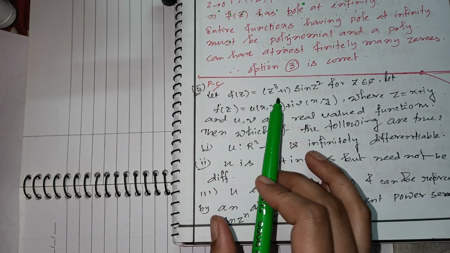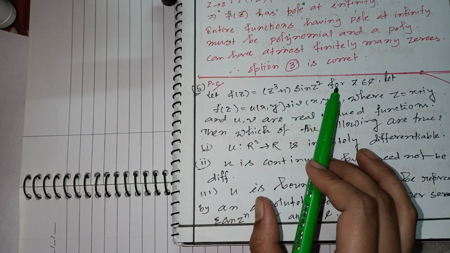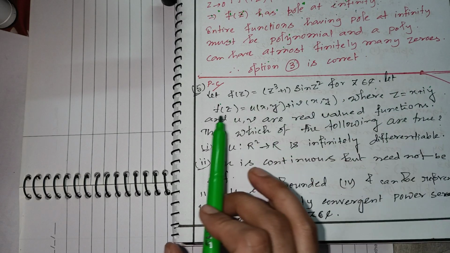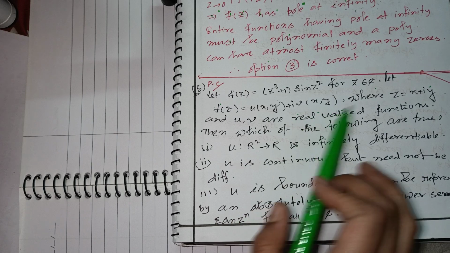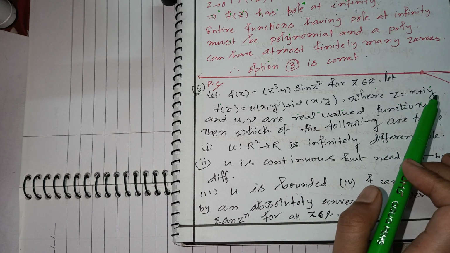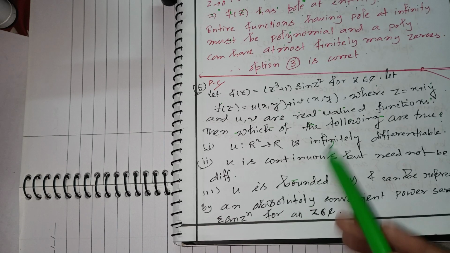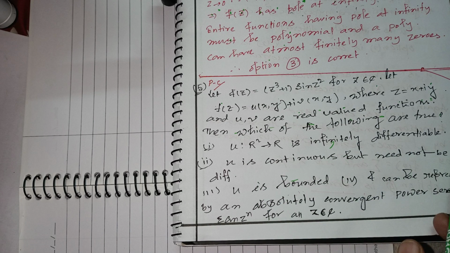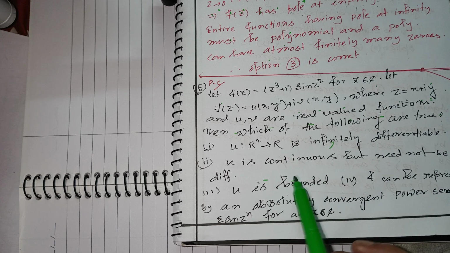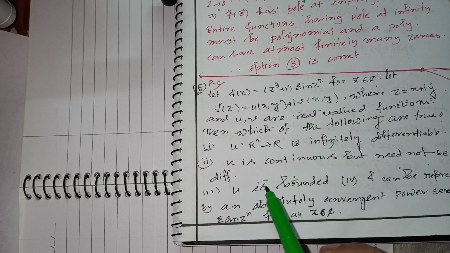Let f(z) = z^3 + 1 sin z^2 for all z belongs to C, and f(z) = u + iv, where z = x + iy. Then u and v are real valued functions. Which one is correct? Option 1: u is infinite differentiable. Option 2: u is continuous but need not be differentiable. Option 3: u is bounded. Option 4: f can be